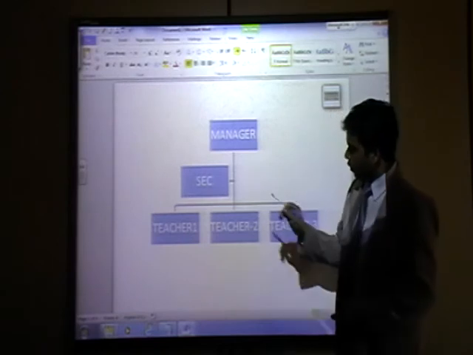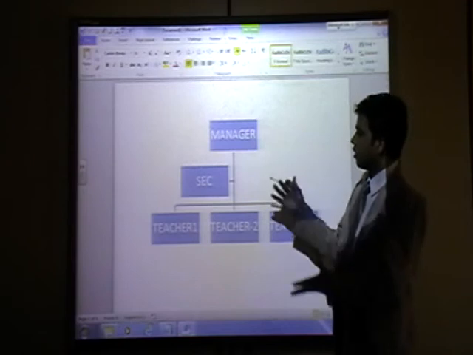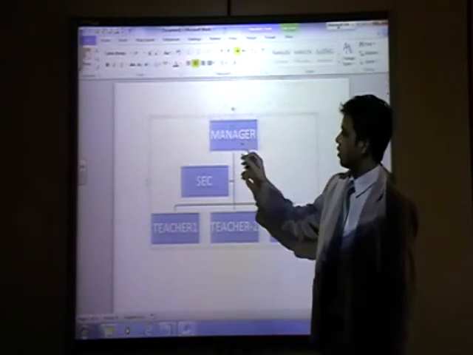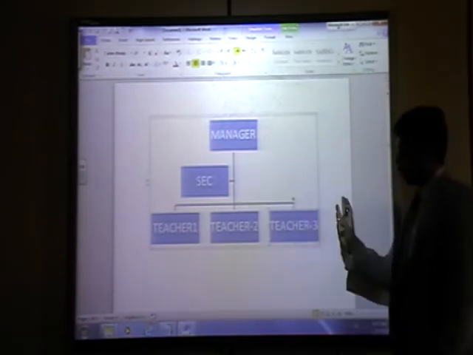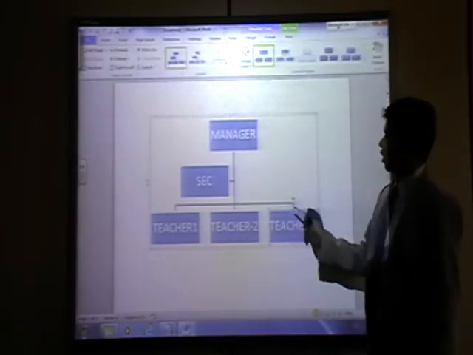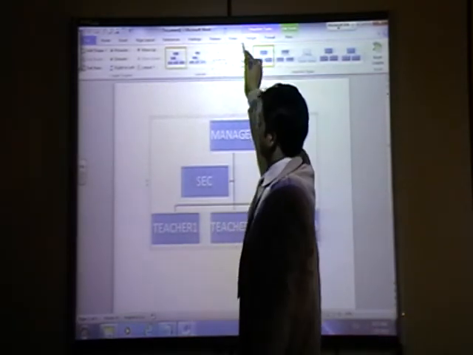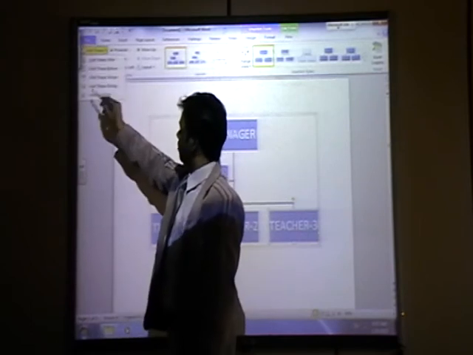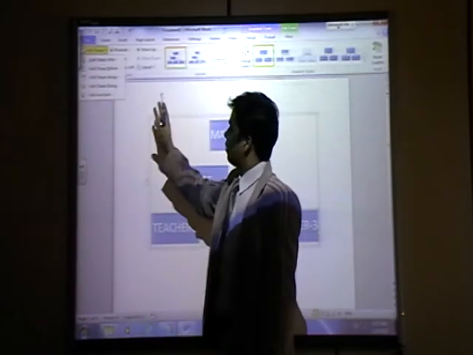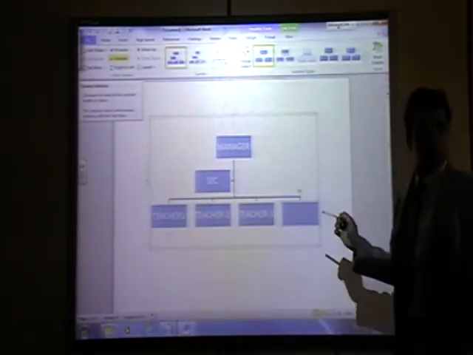One more thing, if you want, you see only this 1, 2, 3 are coming, you want to change this one, you want something extra here, you want more pictures, what to do? Double click on this. When you double click, you will go to design and here is add shape. Click add shape and add shape below, above, before, after. I will choose after. You see what picture will come after.